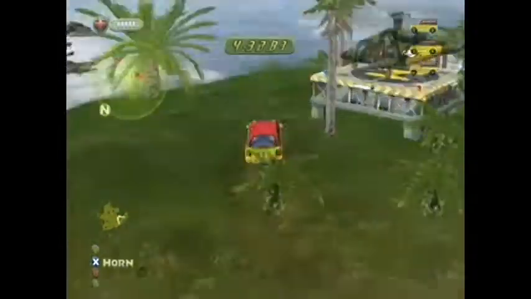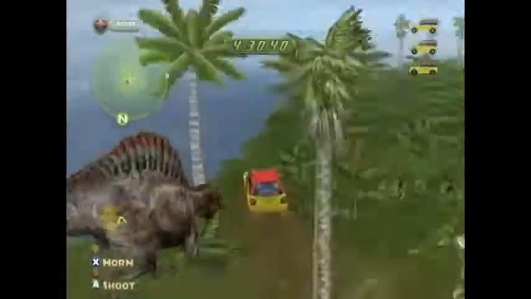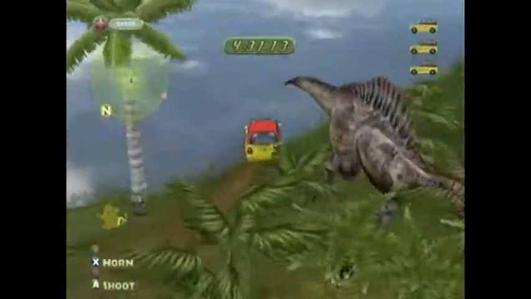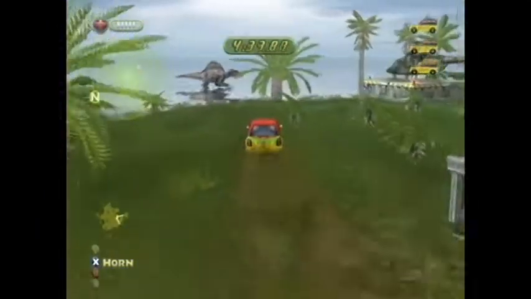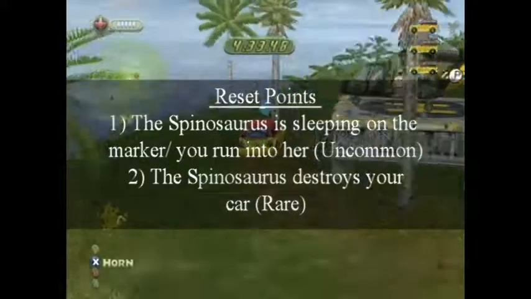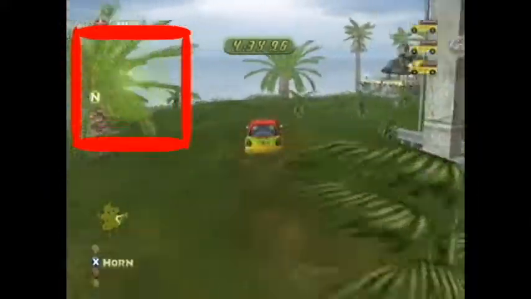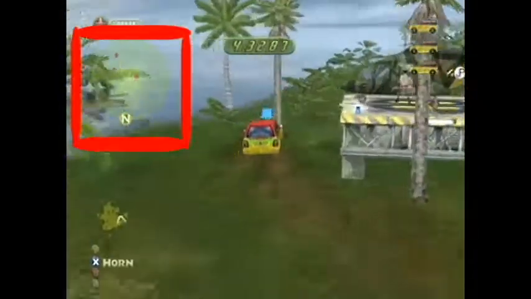This Spinosaurus can be in various locations around the station. Sometimes, she's sleeping near it or right on the marker for picking up the rifle. Other times, she's running around it. If she somehow kills you or is sleeping on top of the marker, I recommend resetting. If you're curious where she is before you get there, you can use the mini-map or press RB, the bumper,